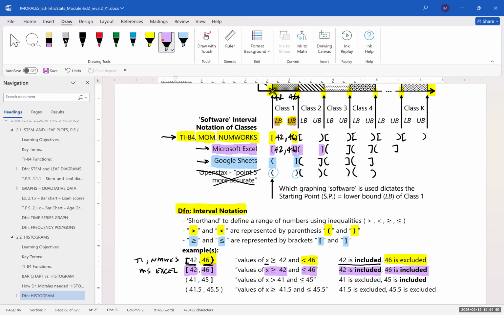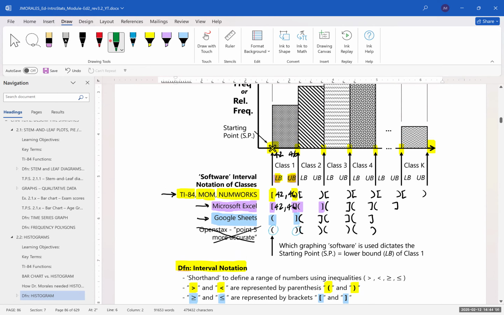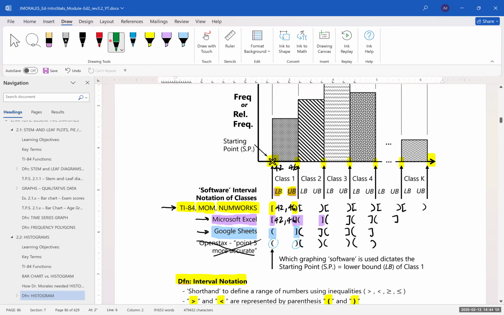Now, I kind of skipped Google Sheets, and let me explain why. Notice here that if we decided to use 42 and 46 for the interval definition of our first class, where would a datum go, let's say a datum that was exactly 42? Well, where would it go if we were using Google Sheets? Well, it wouldn't work